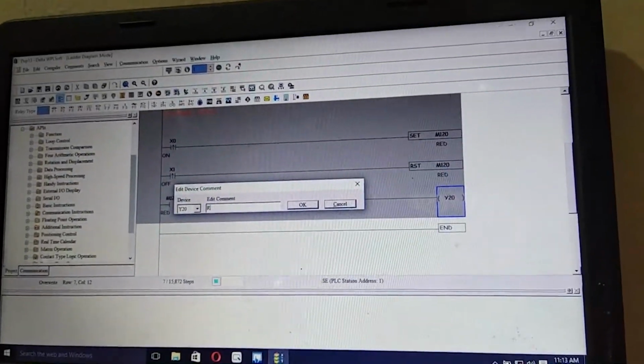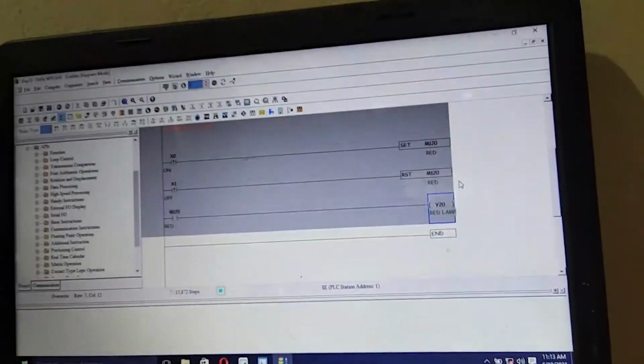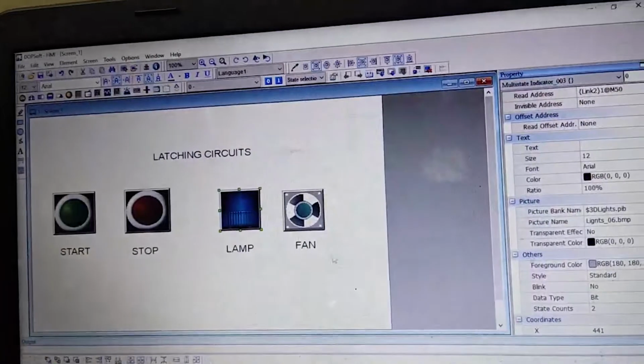Also, red lamp. What I'm using is M120. This is for the M120 connection.